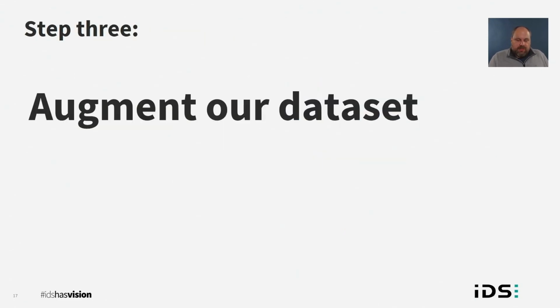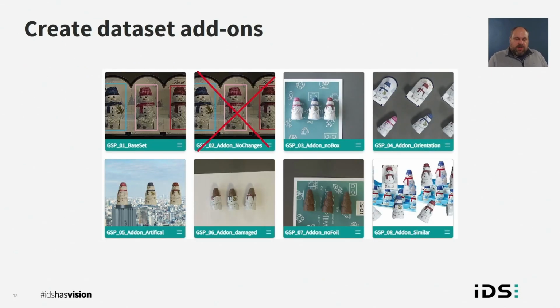So step 3 is to augment the data set. And for that, I created a base data set where you have approximately 40 images of the initial novice data set. I split about 20 images into an add-on that I then will remove for the purpose of this training. So I don't have too many images that don't show variance, to not give them too high a weight in the data set. I show some of them, but I remove part of them.